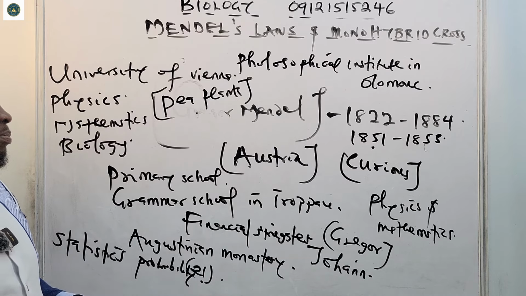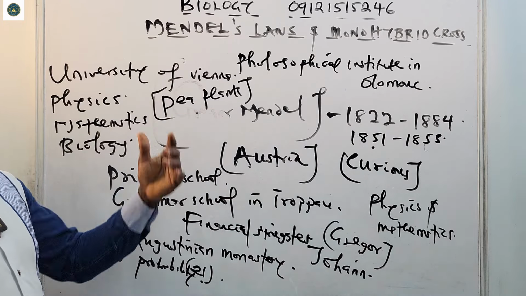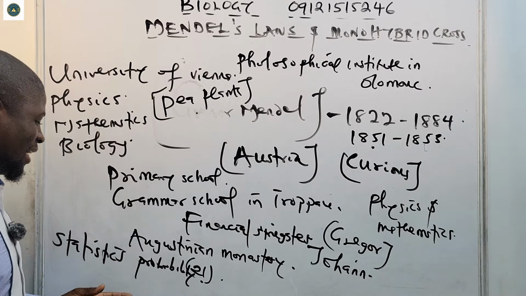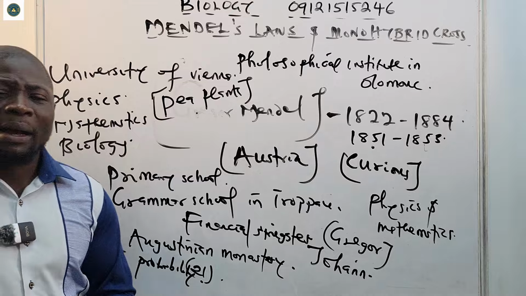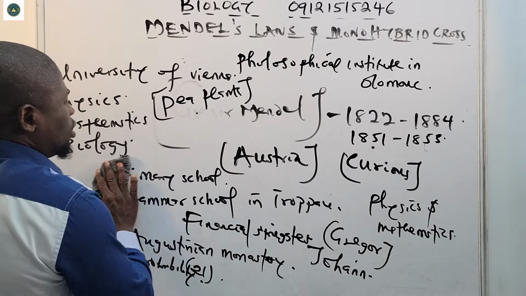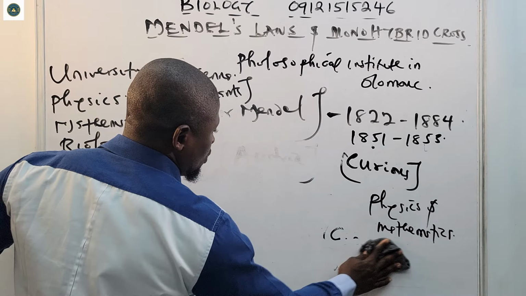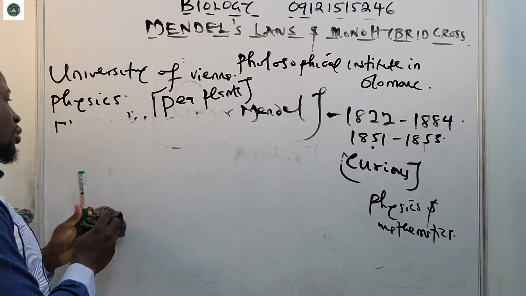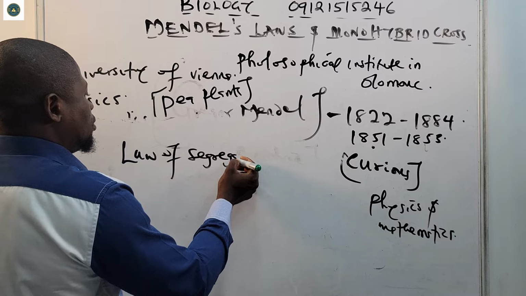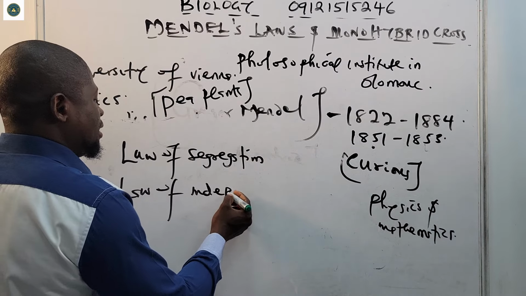So Gregor Mendel worked on the pea plants, using all the knowledge he gained from his journey at the University of Vienna, where he studied physics, mathematics, and biology, and learned about statistics as well as probability. All of this work led to the laws that he was able to bring out, a very big discovery. We are going to look at them very soon in this class. It introduced the law of segregation, then the law of independent